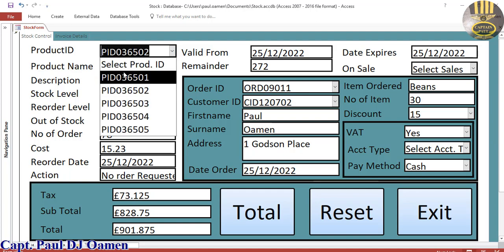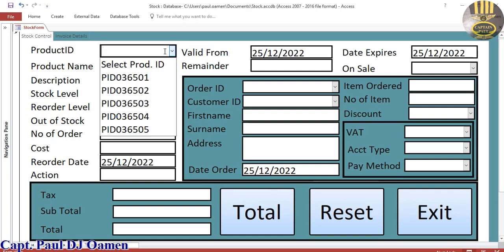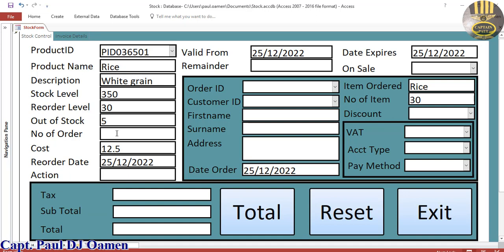But supposing we select new product, all of the data in there is gone. So all you need to do is select the new product and enter how many are ordered. Let's say we have about 54 and so on. Right here are the order details: customer ID and the name of the customer. Let's say the name of the customer is Mary Allen, number 12,